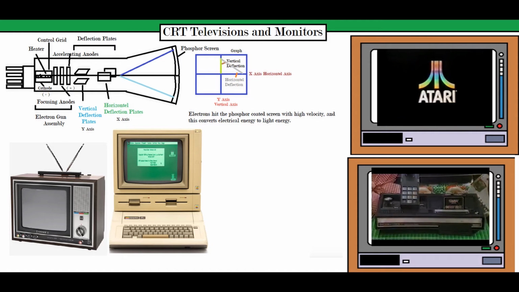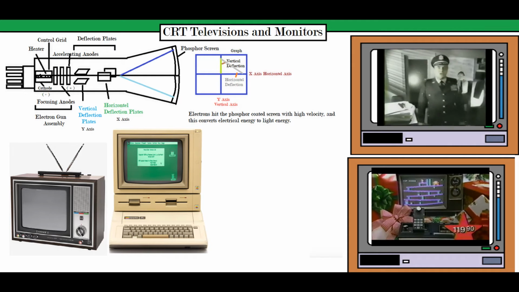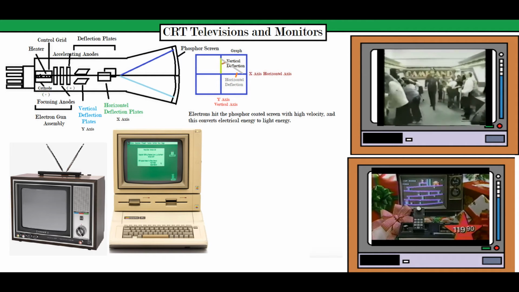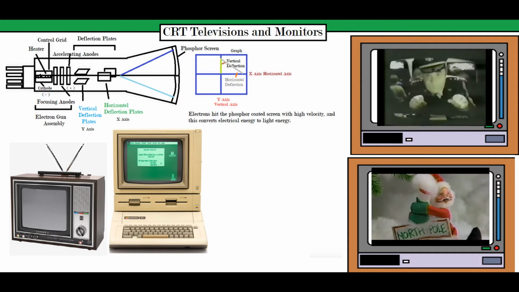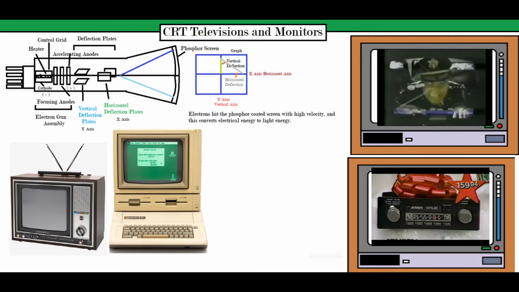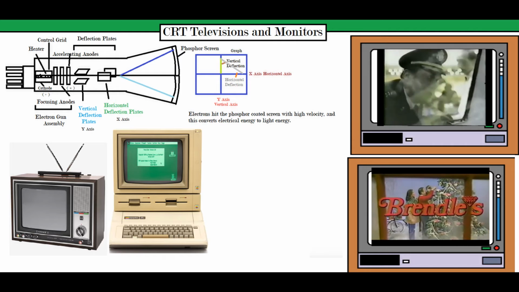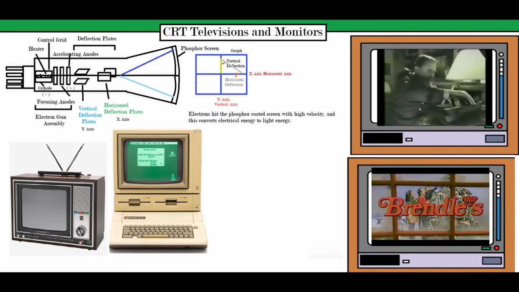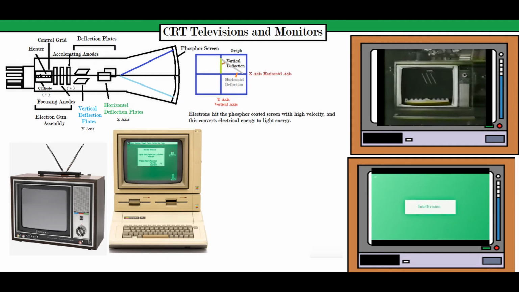And that's one of the reasons why it's better to play retro games on the original hardware, like the monitor, when the monitors are concerned. And another difference between CRT and LCD screens is that